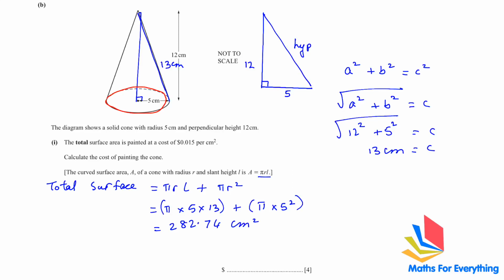And the cost of painting per square centimeter is 0.015. So the total cost will be the total area, which is 282.74 multiplied by the cost 0.015. This will give us 4.24